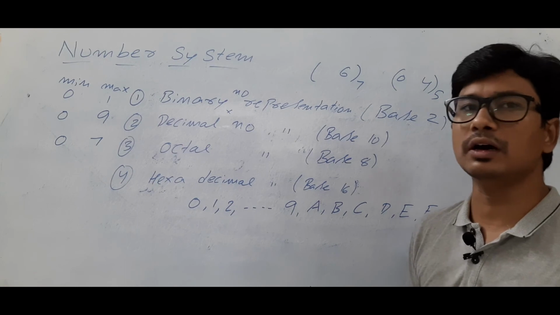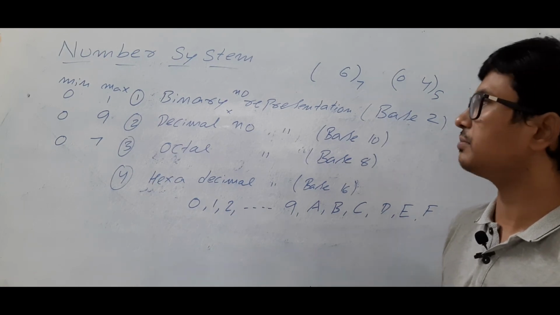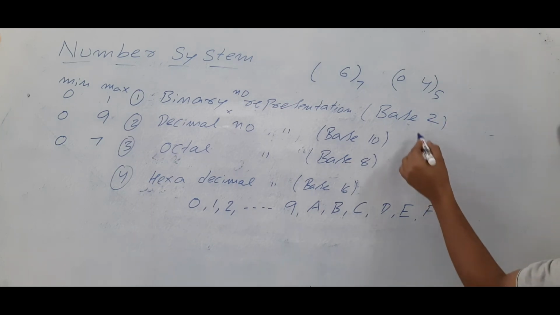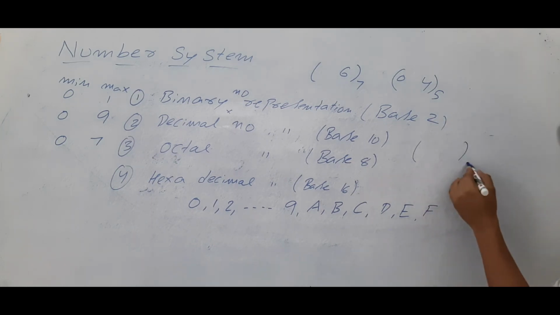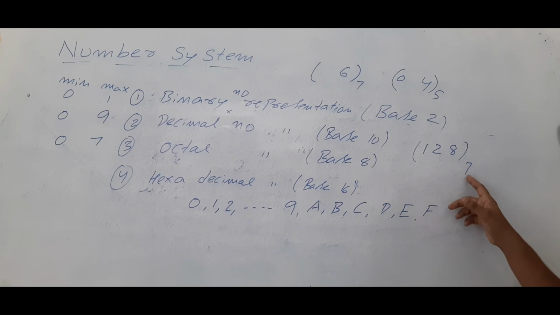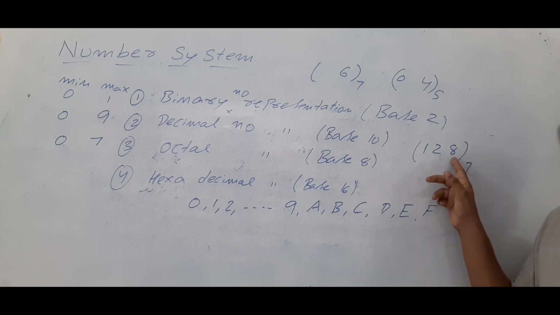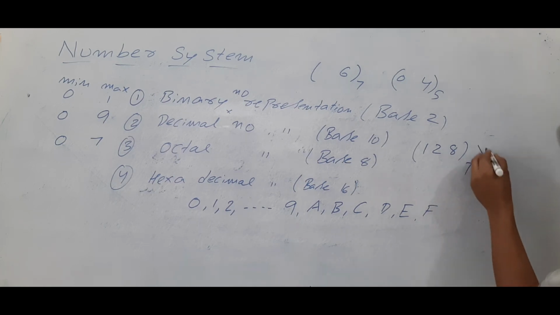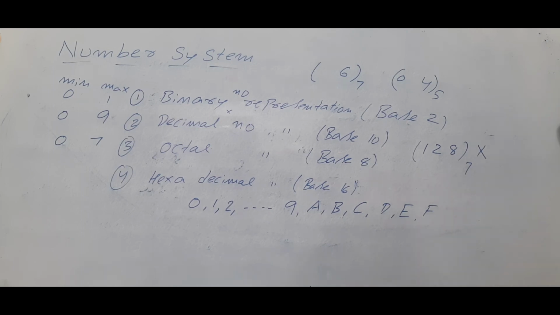So this is about the basics of the number system, or the radix of a number system. Sometimes they will tell you it is base 7 and give a number with digits 1 to 8, and ask whether it is a correct one or not. Then you have to check it. As it is given as base 7, the maximum element allowed is only 6, but here 8 is there, so it is not a correct representation. Are you able to understand it or not? If you understand the base, then you can solve these kinds of questions.